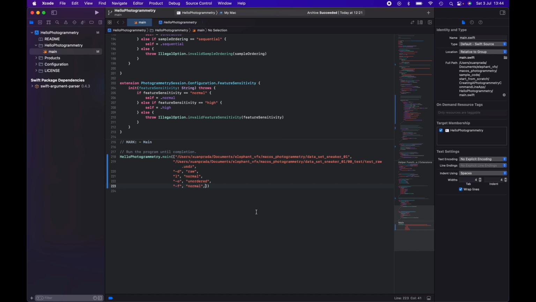because I just want to check that everything is fine. So my first flag is the input folder where I have all the photos. That seems to be okay. Second one is my output file, which is going to be called testraw.usdz. And then we have all the flags: D for detail, set to raw, L for overlapping, set to normal, O for sample ordering, which is set to unordered, and F for,